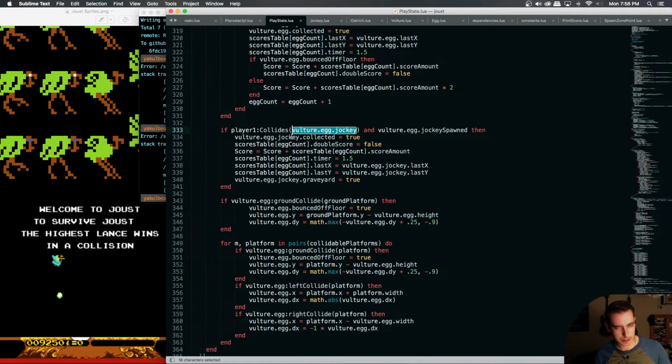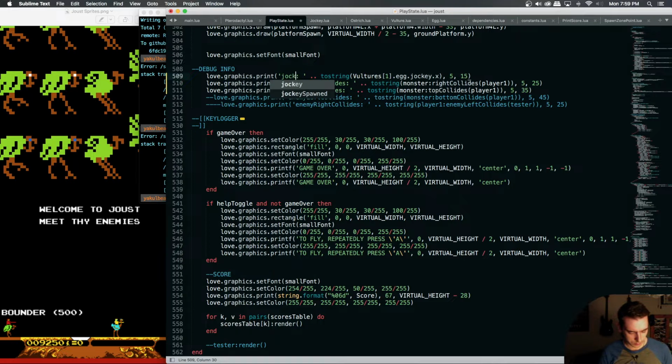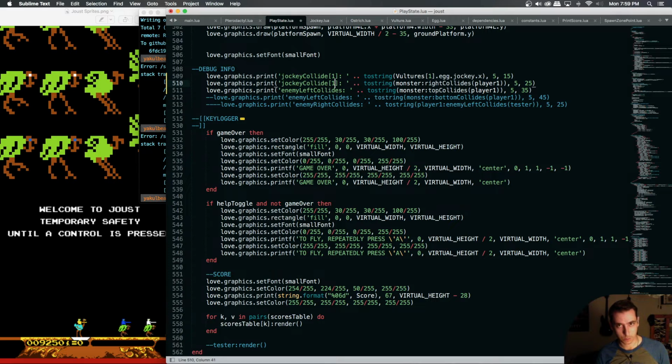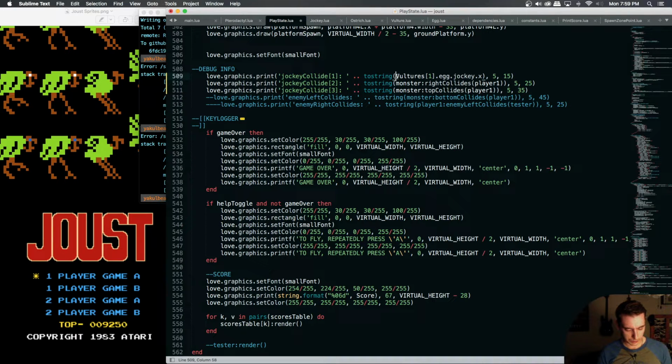I've got an idea that's gonna be kind of ugly, but it's hard to debug this crap because we can't step through and see what's happening. But we might be able to say, I want to see, we're going to be testing our collision with every jockey. And to do that, we have to manually put in which index of our vulture table, and which field of our egg, and which jockey instantiation of that. So if we say it would be a boolean player 1 colon collides, I think it's just collides, and